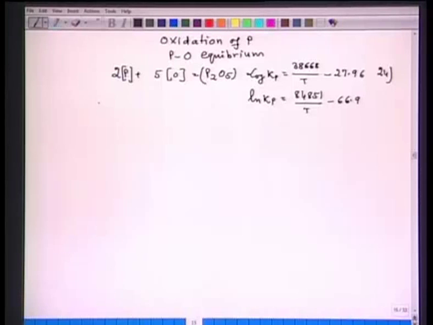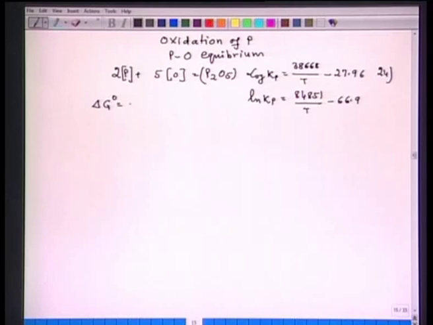So, if you calculate from both these values at a particular temperature, the value of K will come slightly different, but the trend of prediction with the temperature is the same in both cases. I only want to tell you that depending on the source which you take for your calculation, the values may differ slightly. Now, for this reaction, delta G naught